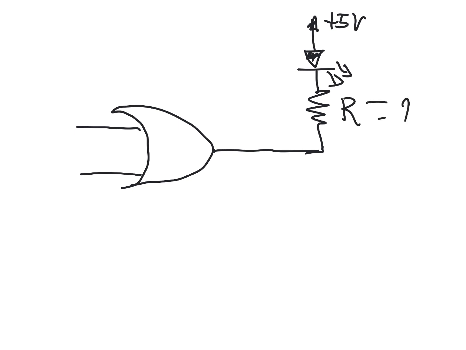Okay, want to know what that is? So we're assuming that the LED voltage is 2.1 volts, and we want 7 milliamps of current, and the output low voltage here, we're going to assume it's 0.25. Okay, under those conditions,